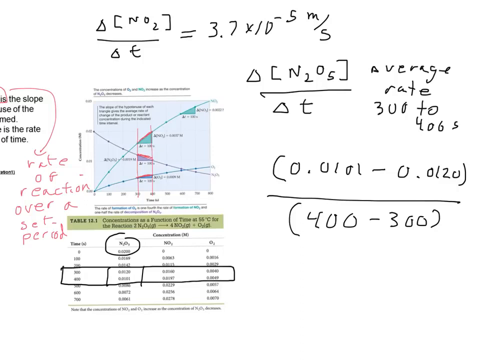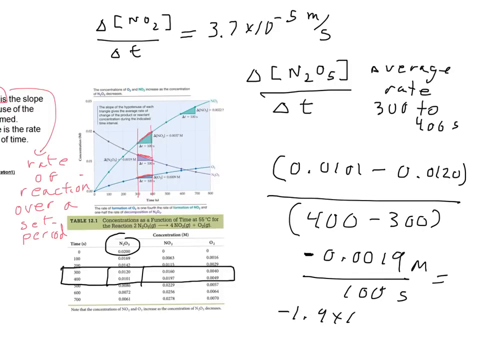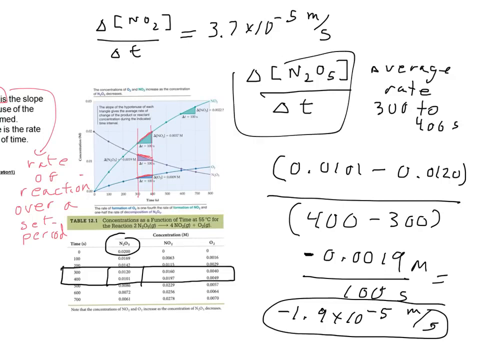Well, let's see here. I've got negative 0.0019 molarity over 100 seconds. So that's going to give me a negative 1.9 times 10 to the negative fifth molarity per second. Why is my rate of reaction negative for dinitrogen pentoxide? If we look at our reaction,